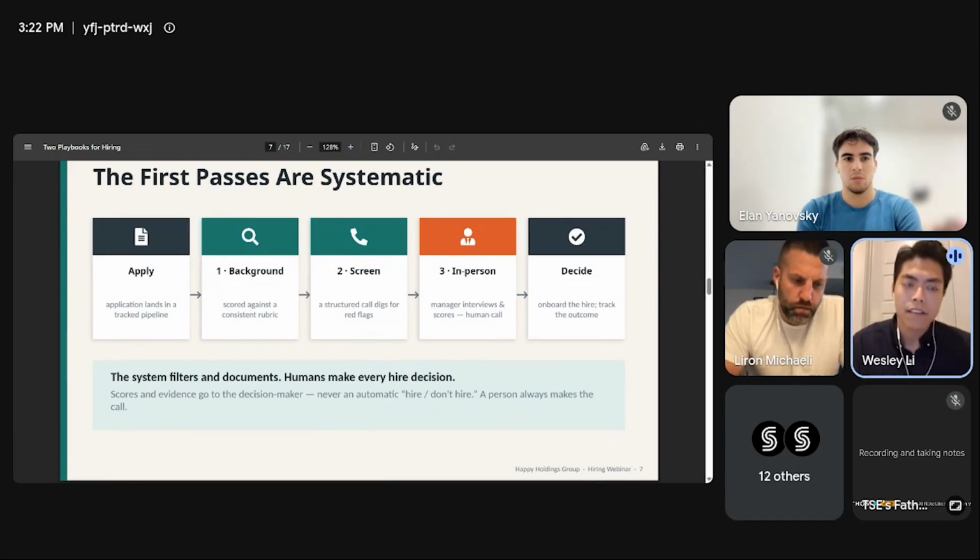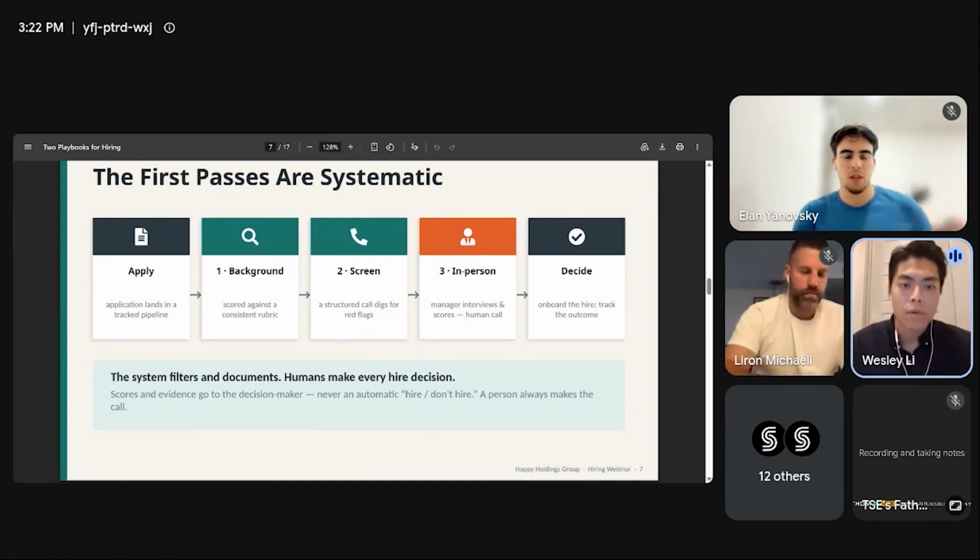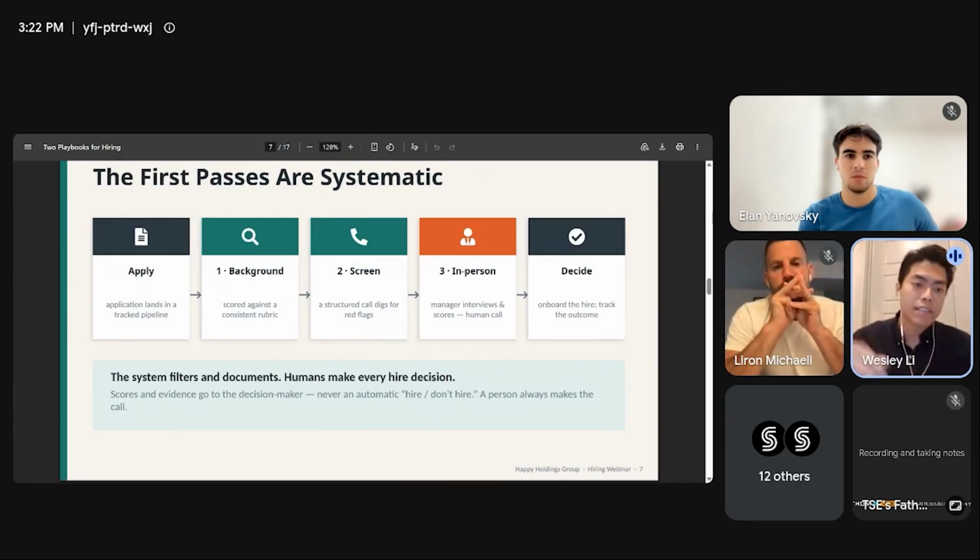We decided to do this because a lot of managers don't know how to hire well, right? So you want to create a system where you can control the hiring by not controlling the people, but controlling the system. So what we did is we purposely did a scoring system throughout the whole process, so it's more objective rather than subjective, right? Because if you're scaling to 10, 20 locations, which we want to do,